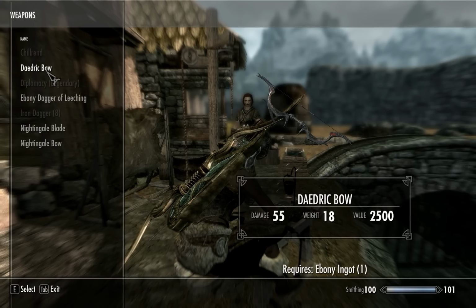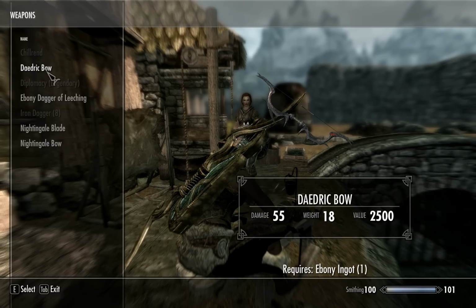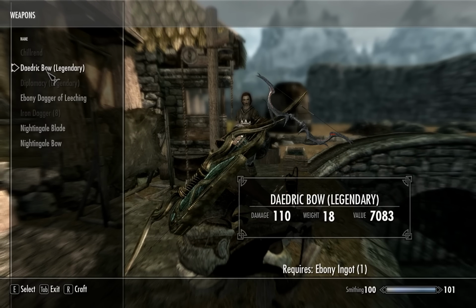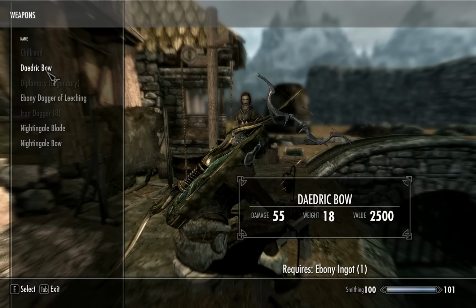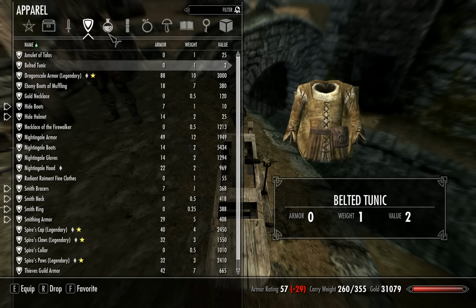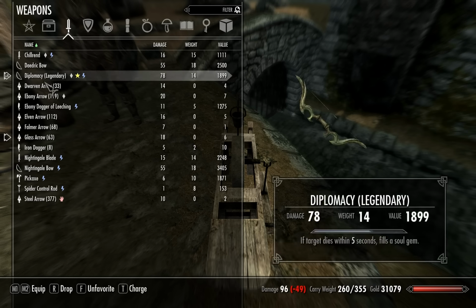So it's doing 55 damage now. When we improve it, it goes to 110. What is our current bow doing? I'm curious. Wow, our current bow is 78. So, needless to say, that's a substantial increase. Let's go ahead